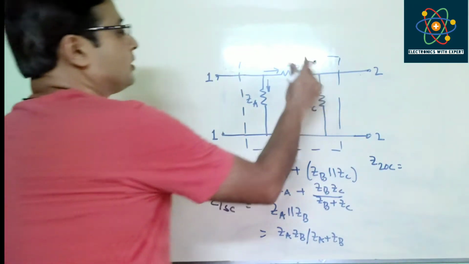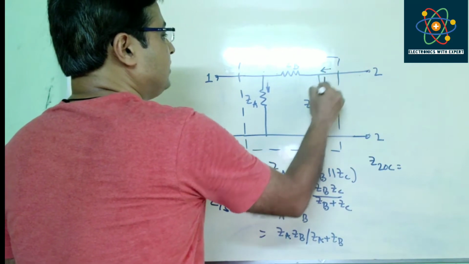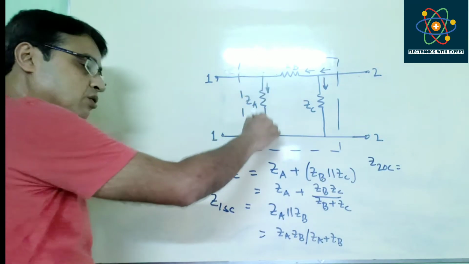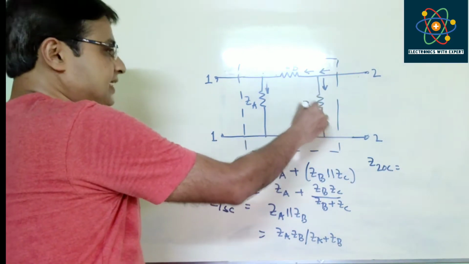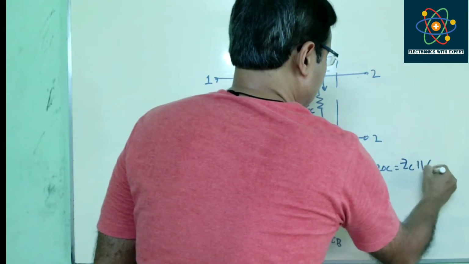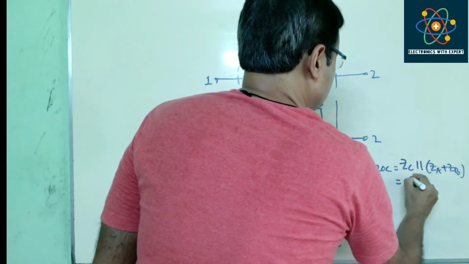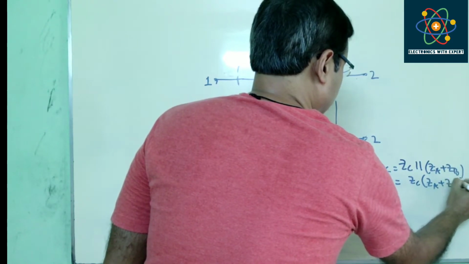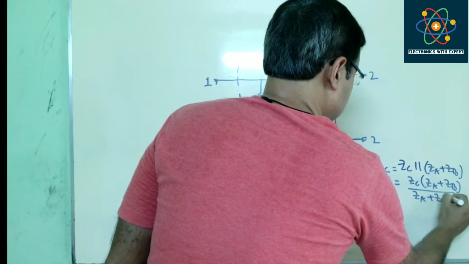So consider a current flowing across this terminal. It will divide into ZC and ZB, and the current flowing across ZB will actually flow through ZA. That means ZC is parallel to ZA plus ZB, and it will make ZC into ZA plus ZB, whole divided by ZA plus ZB plus ZC. So this is